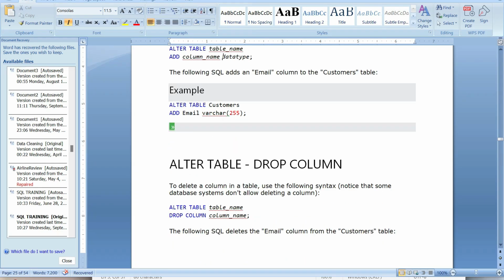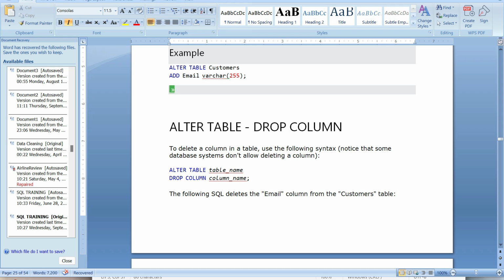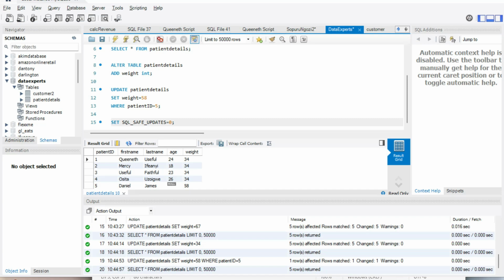Okay, so we can also drop a particular column. So alter table will drop. I want to drop this weight again. You can see I'm using this to add, I can use it to delete and also modify. So if I say alter table patient detail,